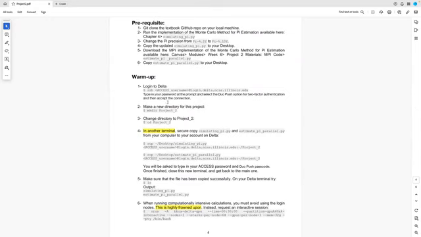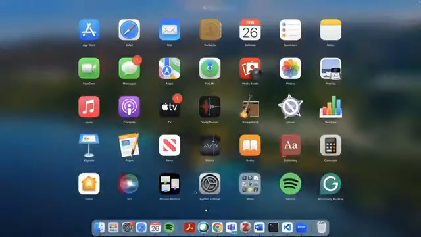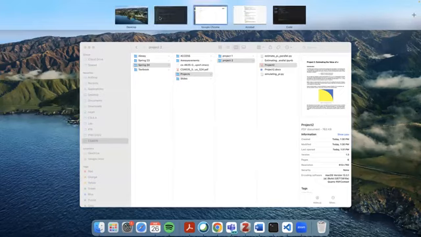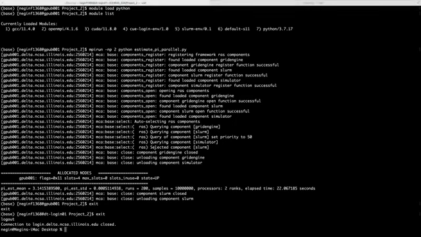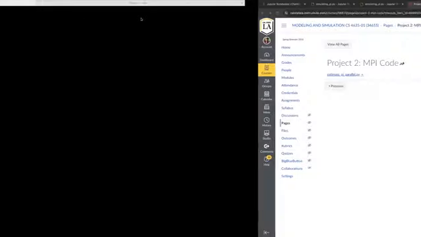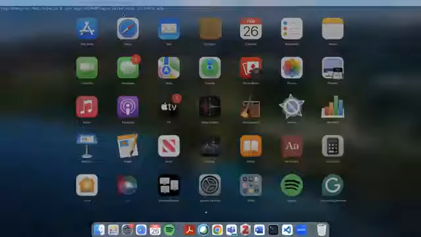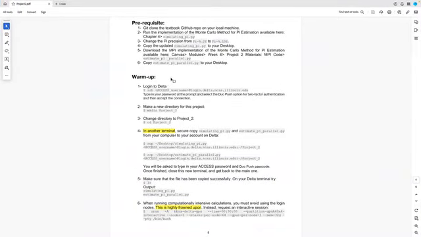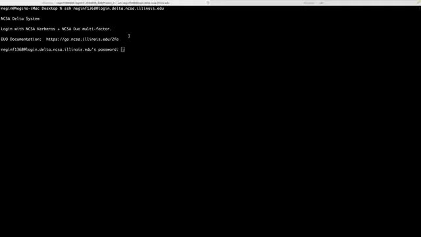I want you to open a terminal and log into your account on Delta. I'm going to do that now. So this is my terminal. I am going to SSH to my account at login.delta.ncsa.illinois.edu. You just need to copy and paste this piece of code on your terminal, and instead of access_username, type your username, okay? So you try that, it asks for your password, it doesn't show the password that you're typing, so feel